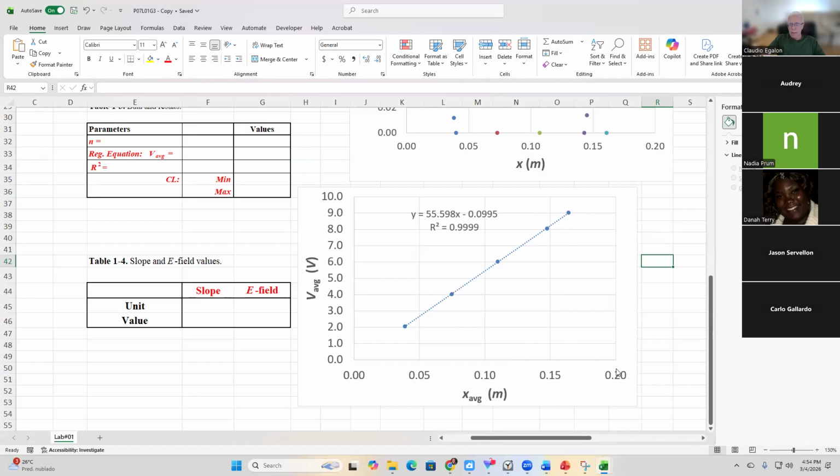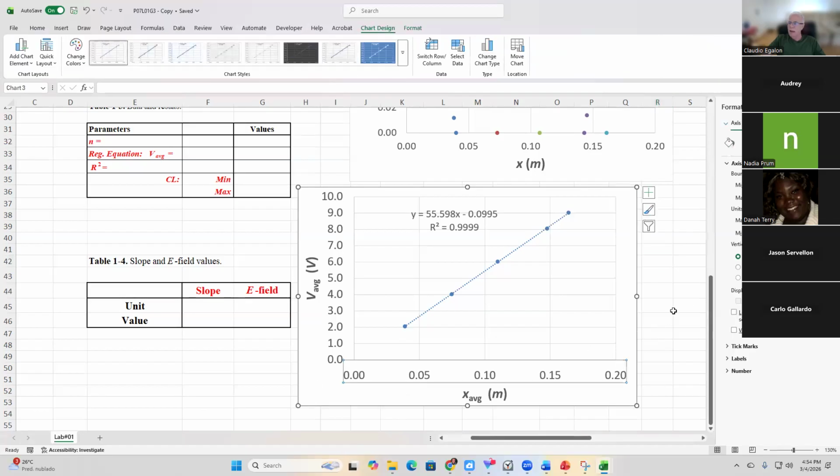Notice that we have a big blank space here, right? We have a big blank space here. We have a big blank area here as well. Make sure you optimize this area so you don't have those big blank areas there. I will correct your graph according to that. So how do we do that? We have to adjust the axis. You double click on the x-axis and instead of starting at 0, you start